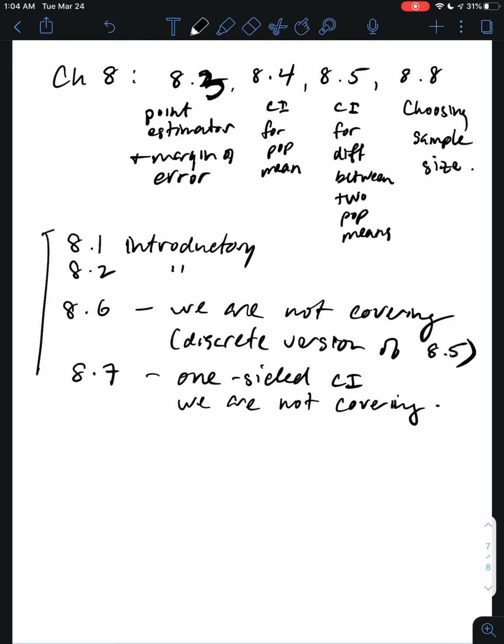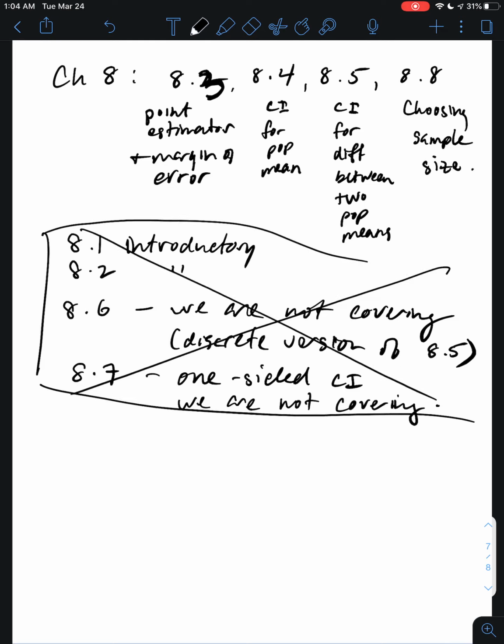So these things really are less important. I'm just going to put a big cross through them. They're not super important for quizzes and tests. The rest of it is. So far we have done 8.3, we have done 8.4, we've done 8.5, and we are going to cover 8.8